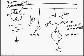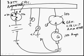Now normally, if we haven't turned anything on, the ammeter is going to show 0. But if the battery is draining, the ammeter comes over on the negative side. Once we get the engine started and turn on the generator, then the generator is going to be not only feeding our components, but the generator is going to be charging the battery, so the needle's going to come over to the positive side